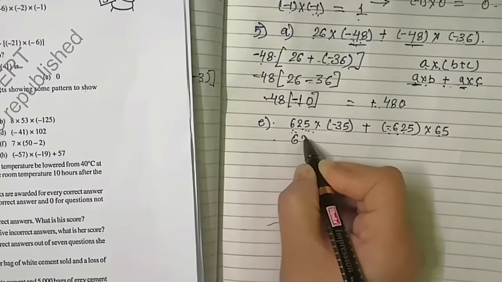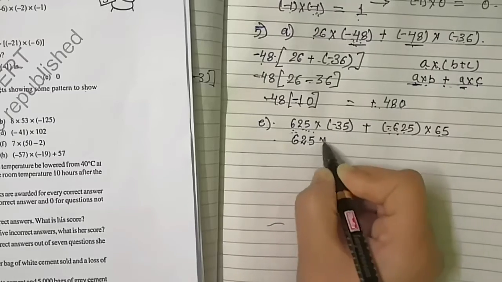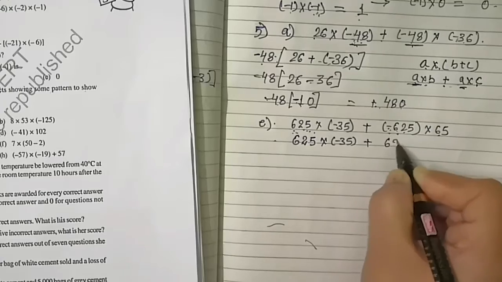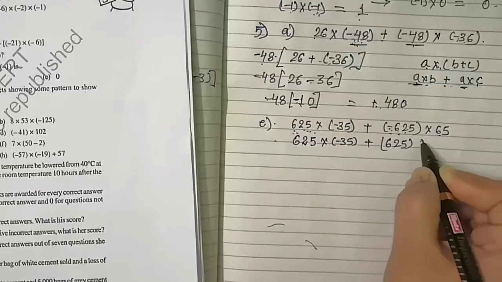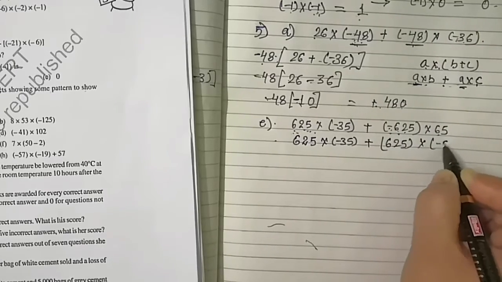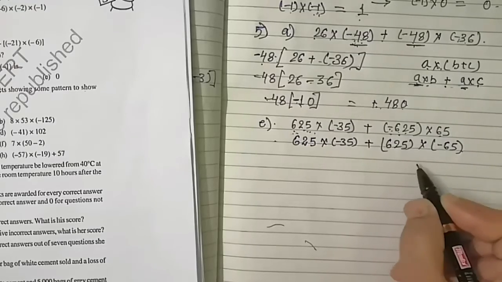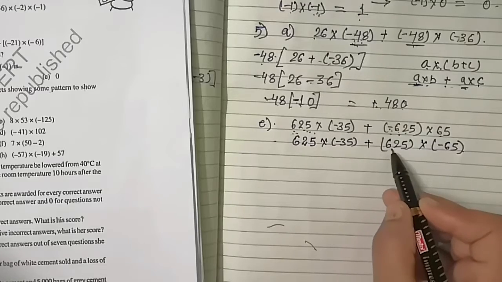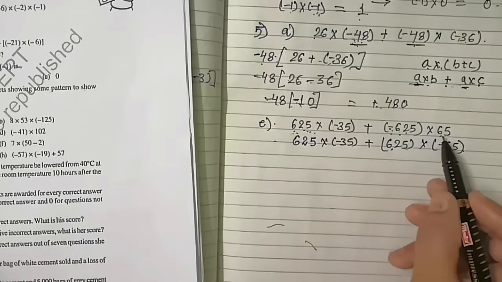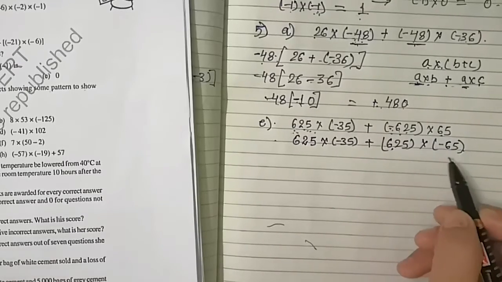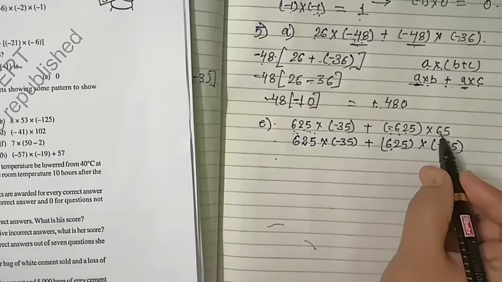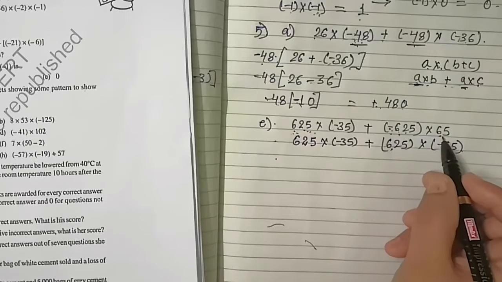We can write this equation like this: 625 minus 35 plus 625 multiplied by minus 65. Such a thing we can also do, because we need only to take common 625, so this minus we can give to 65. Now take common, and if here 65 plus 65 is given, in case